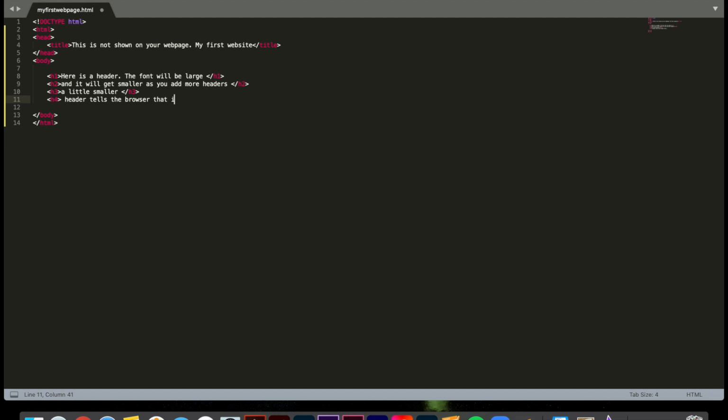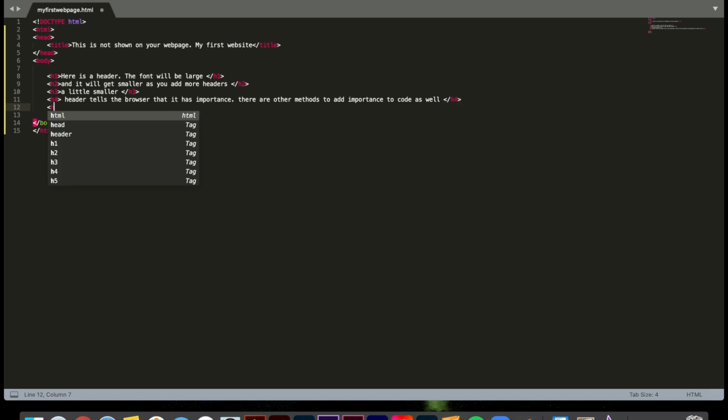Headers tell your browser that there is something of importance, but there are other ways to show importance to the browser and to the server. Many of you may have heard of SEO, search engine optimization, which is really important for web pages because it tells the browser the order in which it gets shown to the user. So if you typed in shoes into Google, whatever the first link there, that has more clicks, and so it's